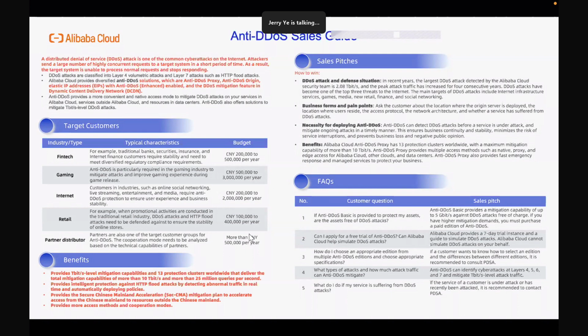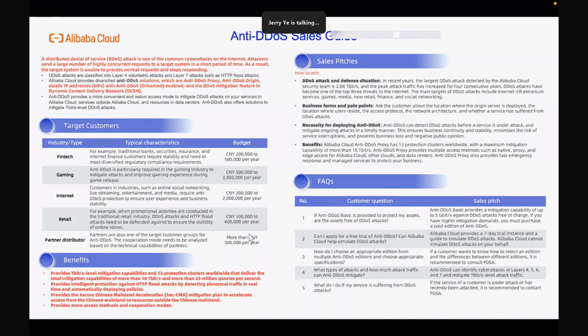The third one: how do I choose an appropriate edition from multiple anti-DDoS editions and choose the specifications? So actually, if a customer wants to know how to select the editions and the differences between the different editions, you can ask the PDSA for help. But actually, if that is international site, we mainly focus on anti-DDoS Proxy and anti-DDoS EIP. The fourth one, the DDoS layer 4, 5, 6, 7